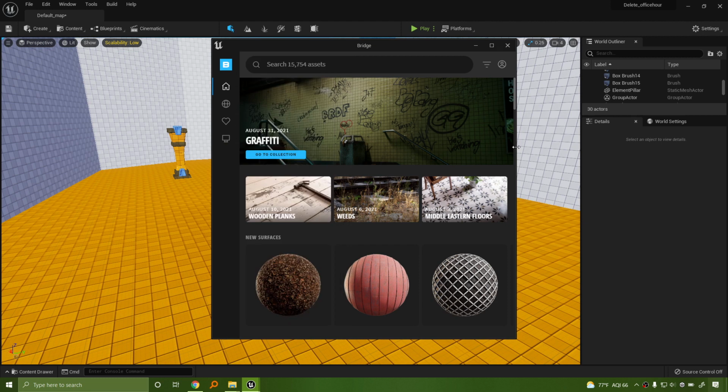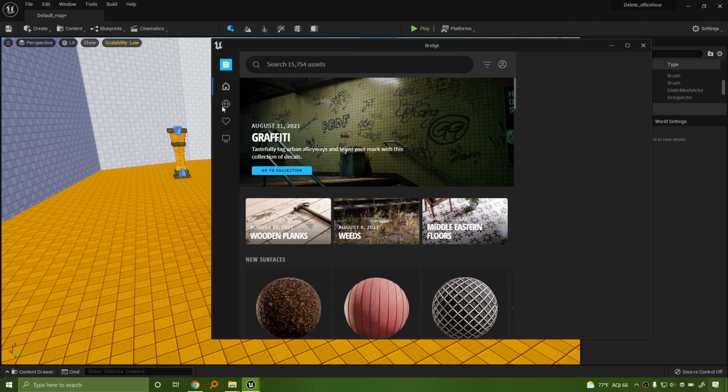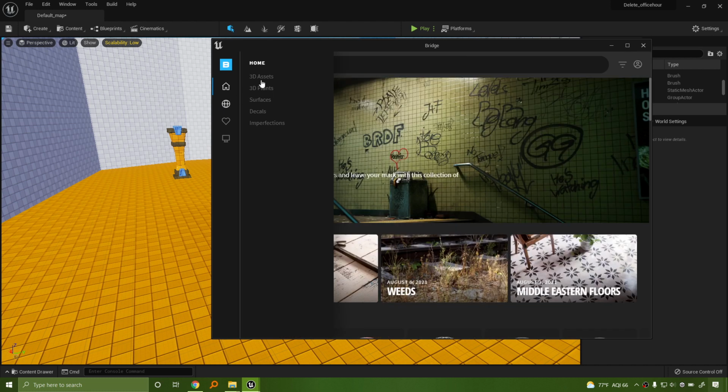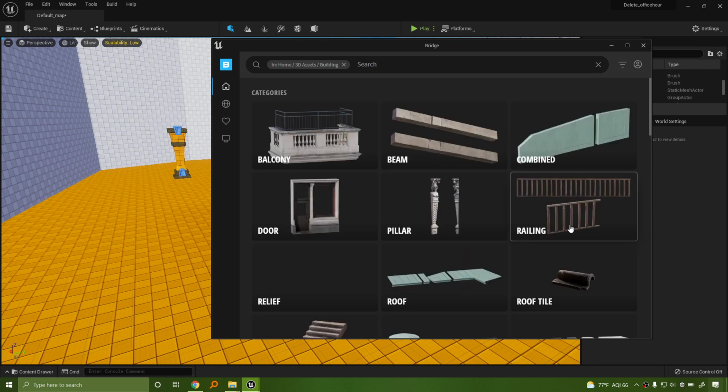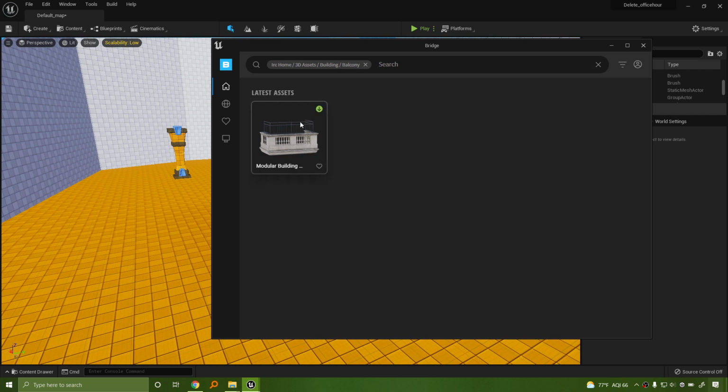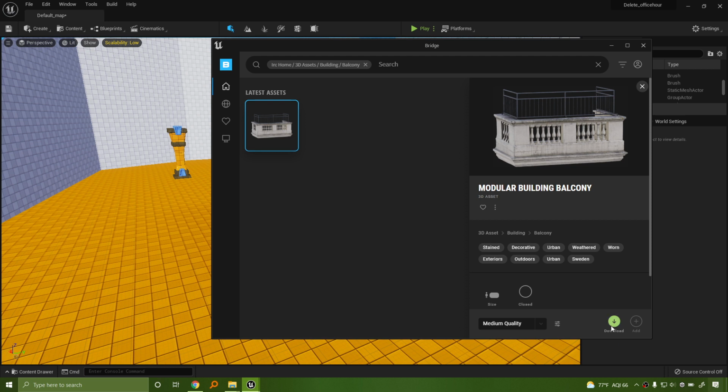Now the cool thing about Megascans is it's basically an asset library for a bunch of stuff. For example, I want to grab this balcony. So let's go ahead and click on the balcony. And I like to download them first.